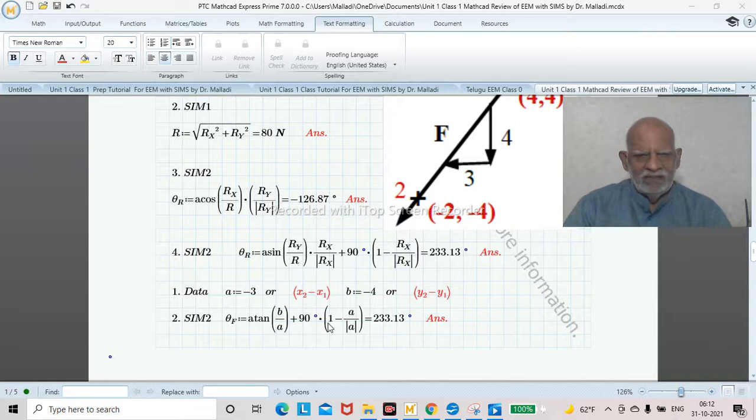add 180 degrees if the cos is negative. But all this has been done by the program itself. Therefore, you get the angle based on the value of a, etc. Okay, a means cosine here. Okay, tangent. So of all the three, I usually use this one because that's easiest.